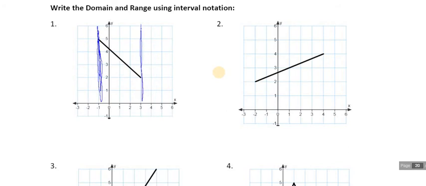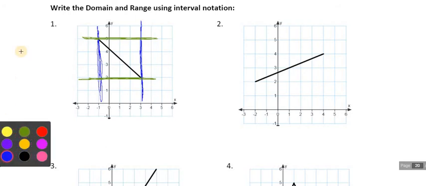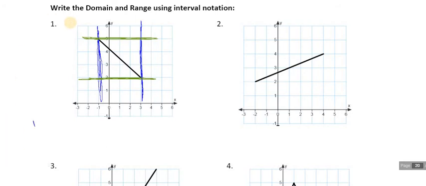Okay, so my domain is my x values. That's my left to right. My range is my y values, our bottom to top. And we always go small to big, so that means left to right for x's and bottom to top for y's. So if I'm talking about my domain,